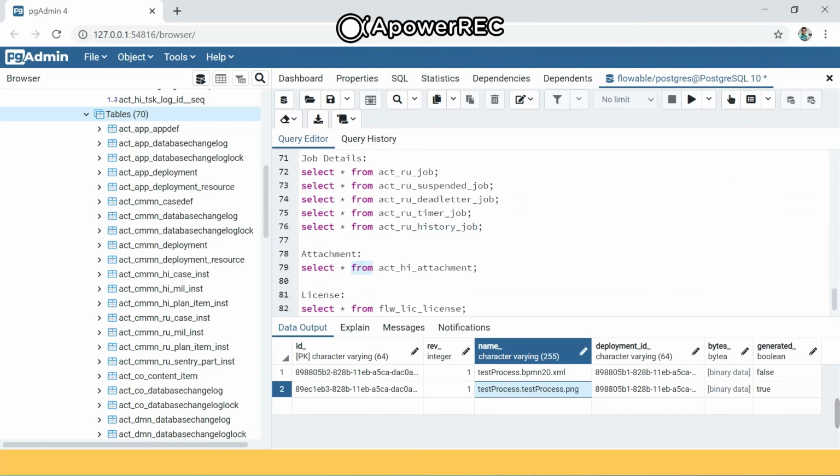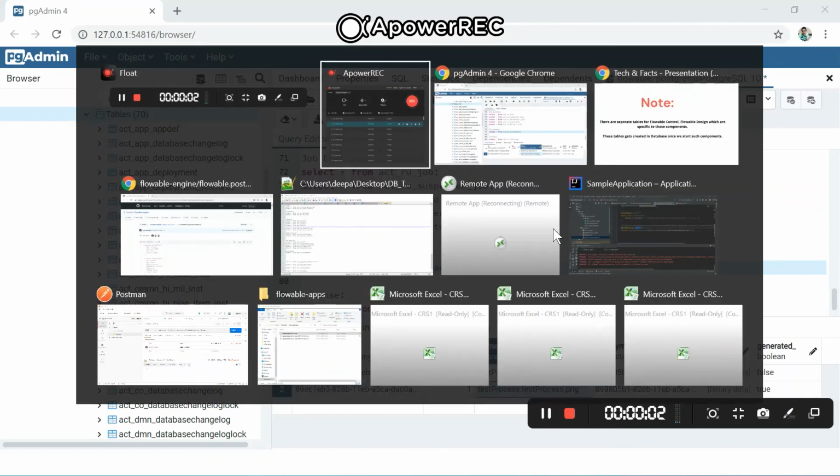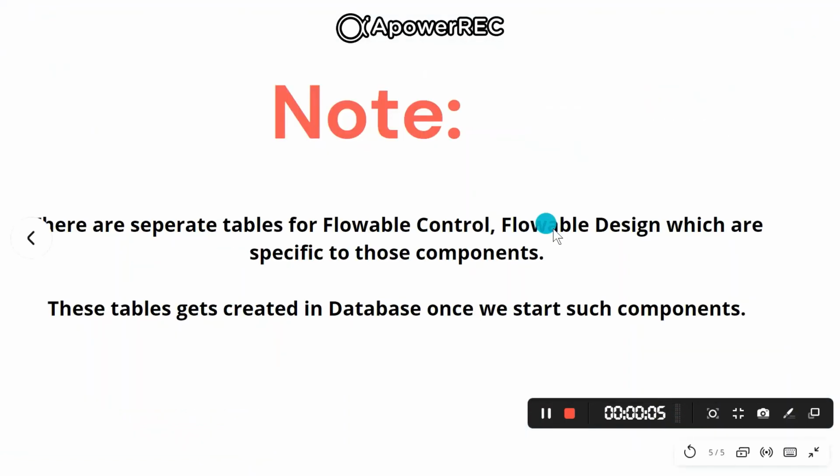Similarly, we have the data for attachments, which we can get from the attachment table, and the Flowable license is also maintained, so those details we can get from the FLOWABLE underscore LIC underscore LICENSE table. So this is all about the important tables we have for the Flowable engine.